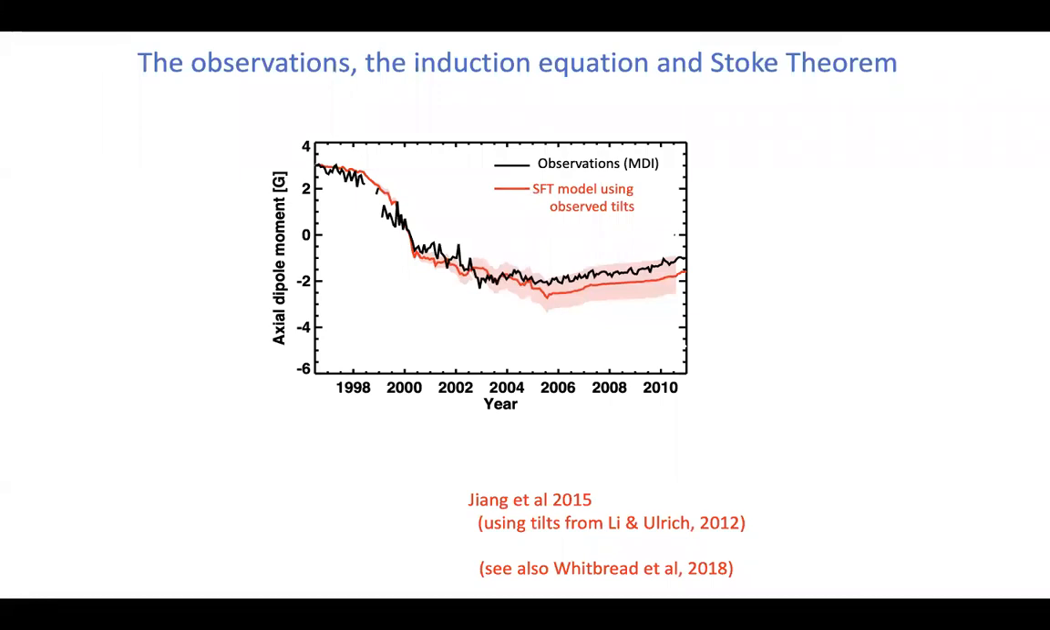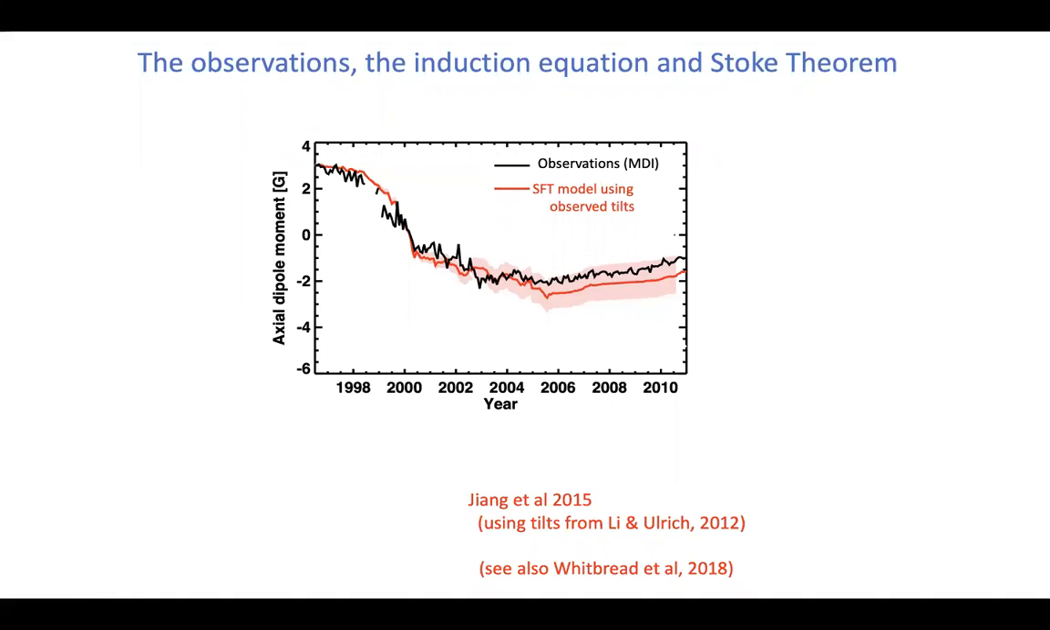The important point is that, not surprisingly, the observations, the induction equation, and Stokes' theorem all work together to tell the same story. And the story is, if all you're interested in is the net flux in the hemisphere, which is going to become your axial dipole moment, it's going to become your polar fields, because at the end of the cycle, all the flux is swept to the poles, and all you need to do is look at the equator. And if you do this, in this case, we have the observations from MDI,